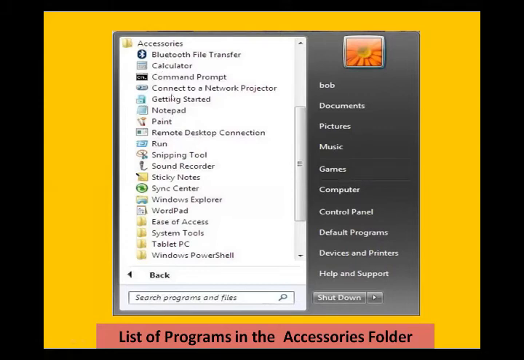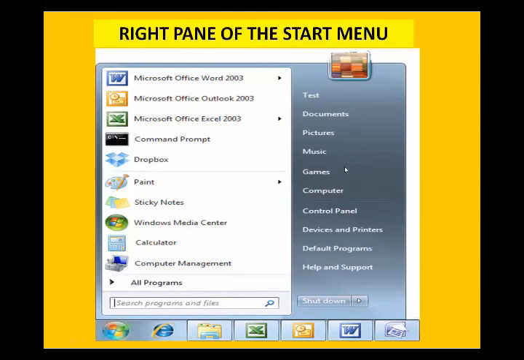So these are all files in alphabetic order. When you click on the accessories, different kinds of programs and files show on the list in alphabetic order. The menu shows different kinds of files and programs and setting features.